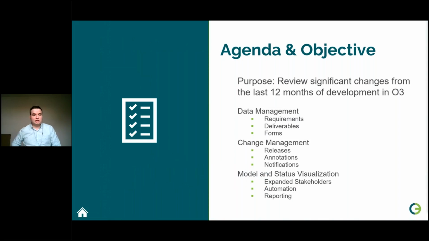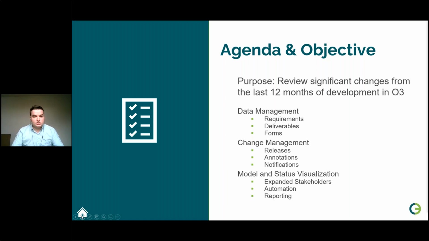Thank you. So to kick us off, our overall goal from this past year was to simplify the AWP implementation and improve collaboration across our stakeholders on projects. O3 already provides the market-leading AWP and workplace planning solution. A big part of our advantage comes in our ability to enable collaboration, managing our tasks, constraints, and packages on a given project. This year, we decided to double down on the success to provide our projects with even more value.